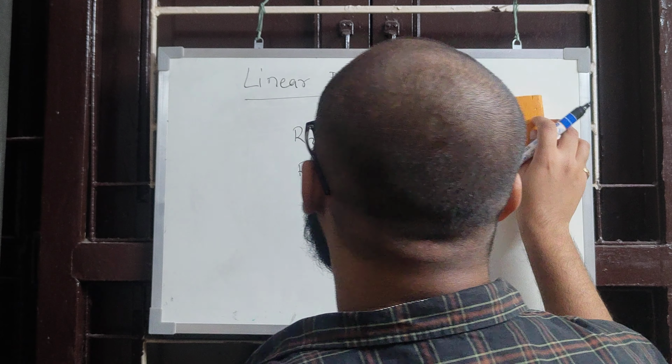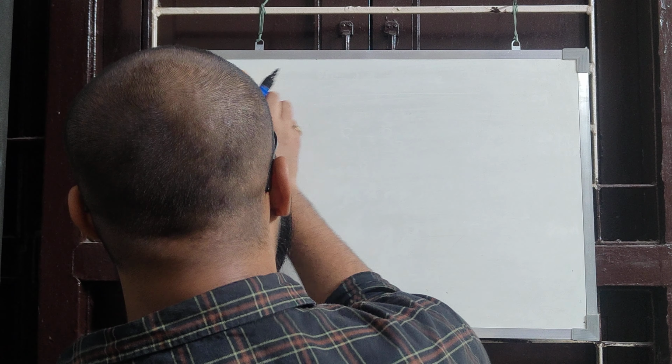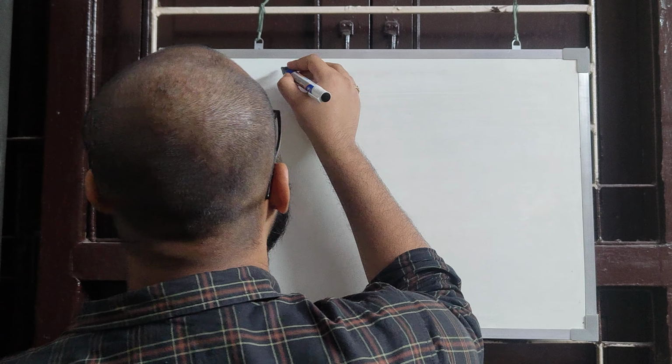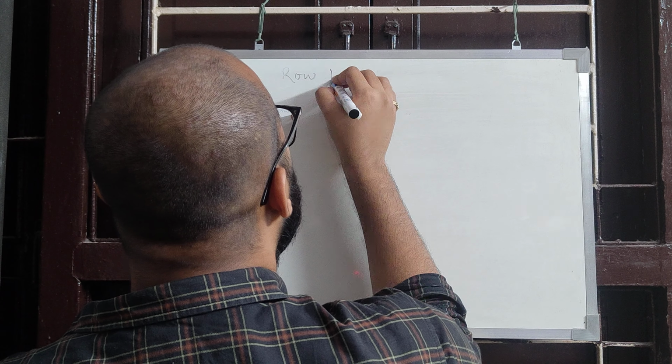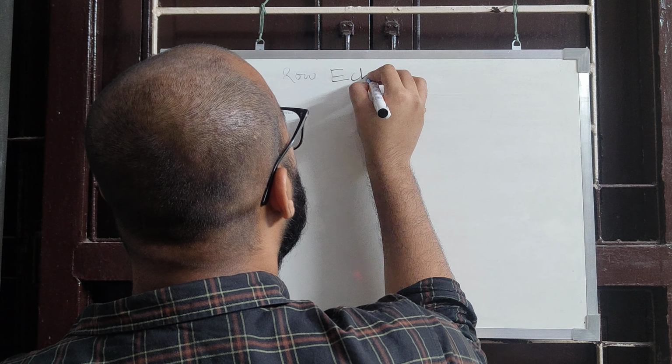So let's look at row echelon form. In the last video we have learnt about how to find rank. So we are trying to row reduce to find rank of matrix in the last video. So that is row echelon form, or we can also say row reduced form. So what we do here,